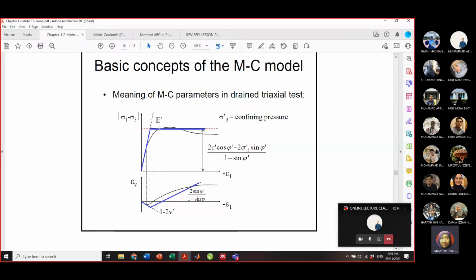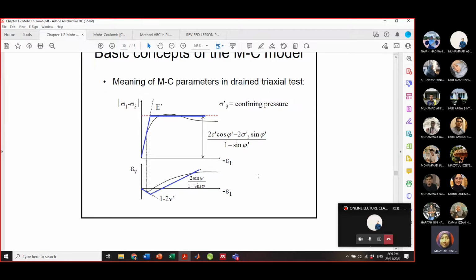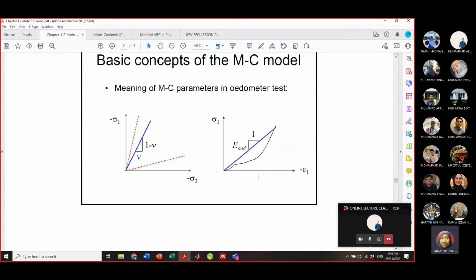But this is not exactly representing the real behavior of the soil. What you actually have is non-linear. But since you opt to analyze using the Mohr-Coulomb model, we assume it as a linear elastic perfectly plastic with a certain number of parameters. Okay, this is what it says for the oedometer